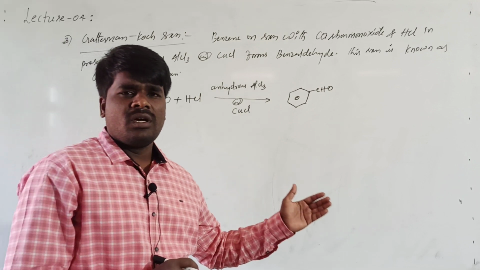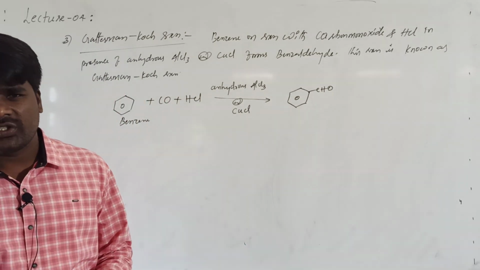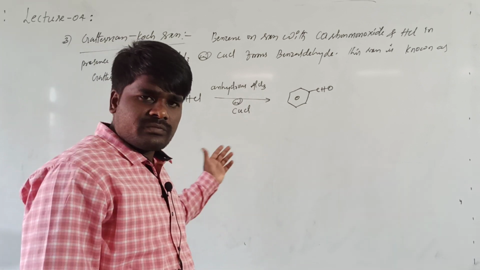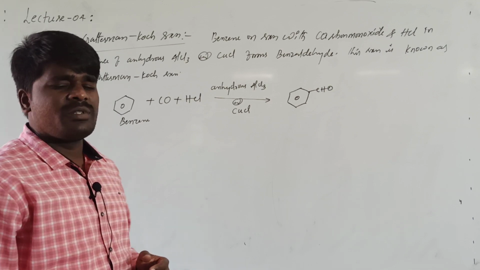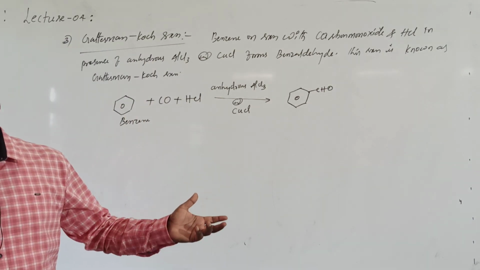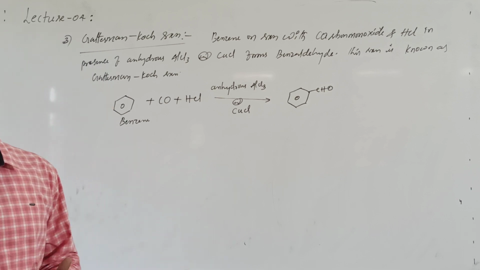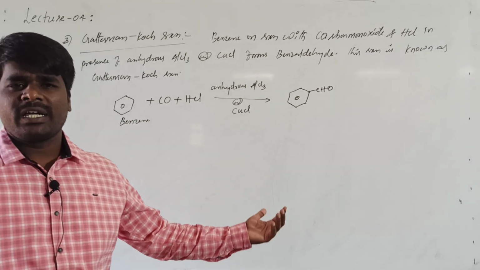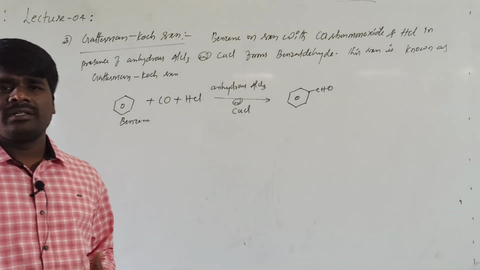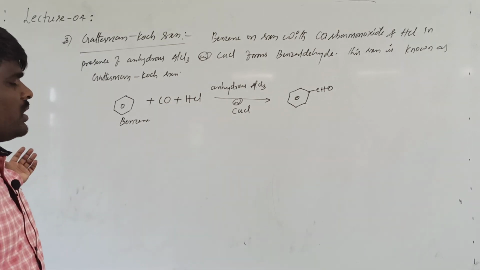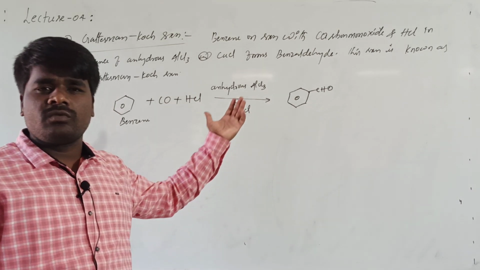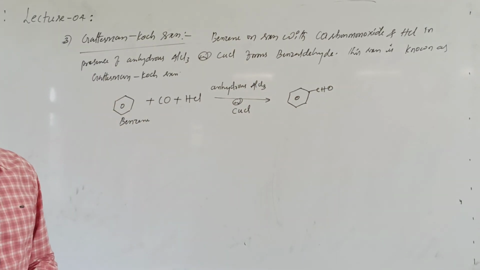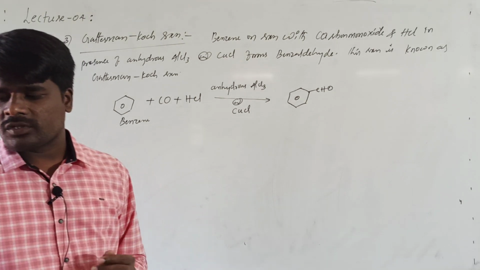That is from acid chlorides, that is Rosenmund's reduction, from nitriles, Stephen reduction, and from aromatic hydrocarbons. Under aromatic hydrocarbons, what we have seen? We have seen the Etard reaction. Toluene on oxidation by chromyl chloride is called as Etard reaction. Oxidation of toluene by chromic oxide and acetic anhydride, and toluene on chlorination followed by hydrolysis will also form benzaldehyde, and another one is Gattermann-Koch reaction. These are the methods that are used for the preparation of aldehydes exclusively.